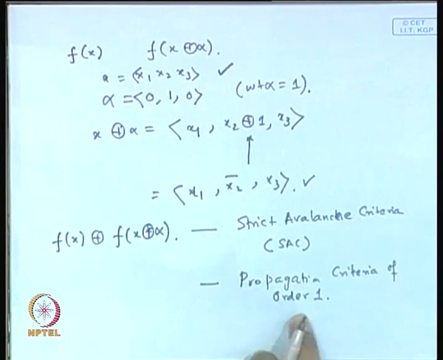So similarly, since I have said propagation criteria of order 1, I can also have propagation criteria of order 2. So what does it mean? I will just make the weight of alpha to be 2 and check for a similar property, okay. See, the idea is that we are always trying to find out distinguishers from a random mapping. So in a random mapping, if you change one bit of the input, you expect half of the output bits to get changed, right. So therefore what we are trying to do as a designer is to maintain that all the properties look seemingly random, trying various kinds of tests and ensuring that the function really looks random,